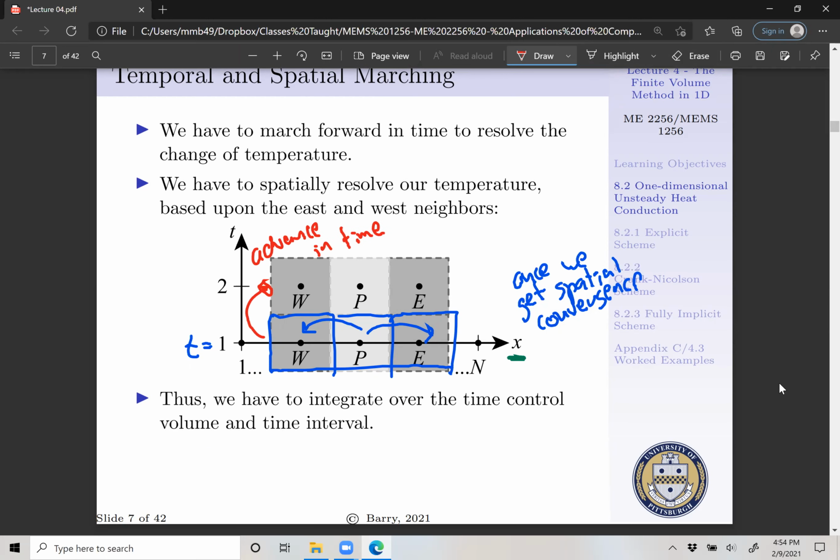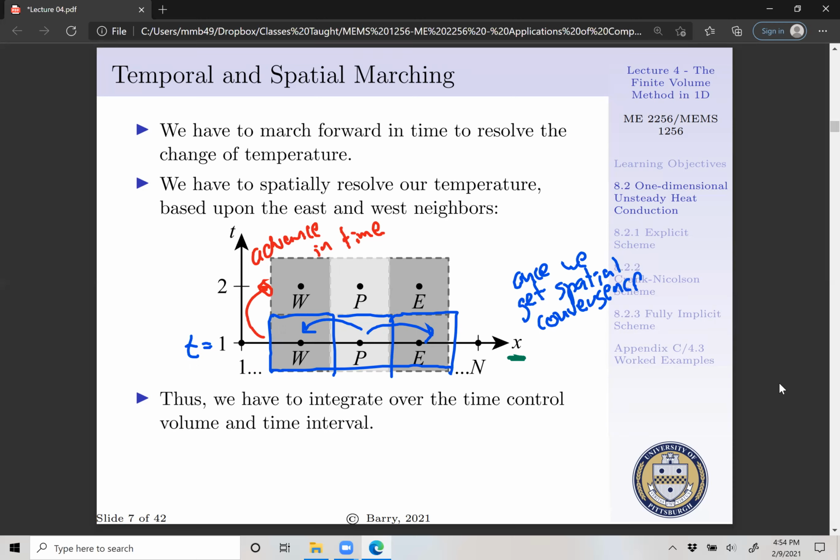So we're going to move in the y-axis temporally. Now, this is really, really easy to think about. Thus far, hopefully you guys looked at the MATLAB codes. We initialize our temperature field, then we solve for it. Now, that solution that we get once we have spatial convergence would be used for reinitialization as we advance in time. So you're just taking your previous solution, using that as a seed for your next solution at the following